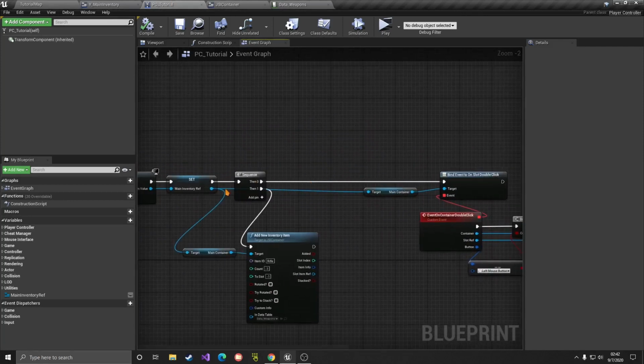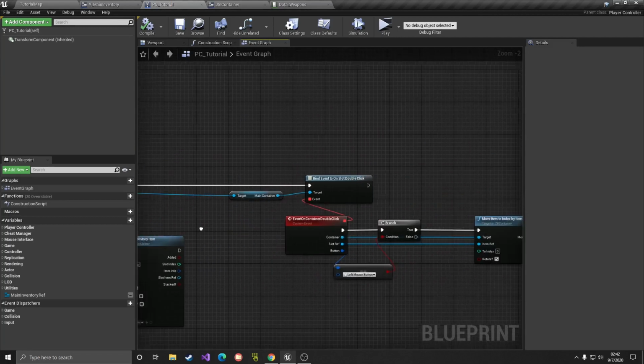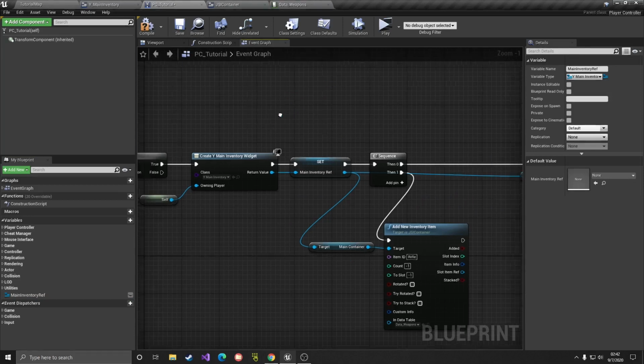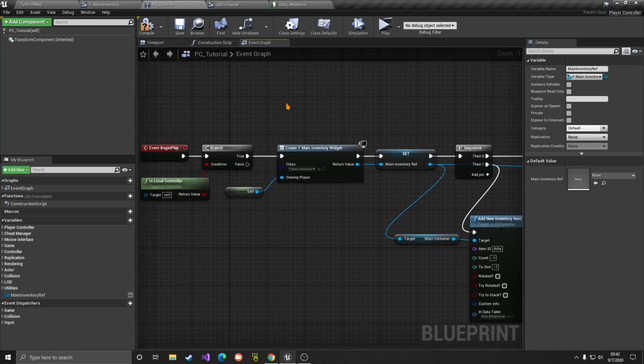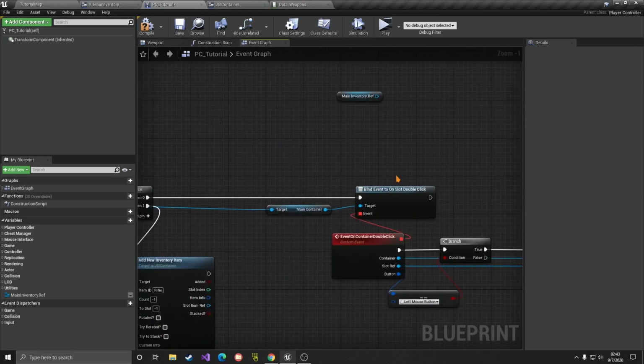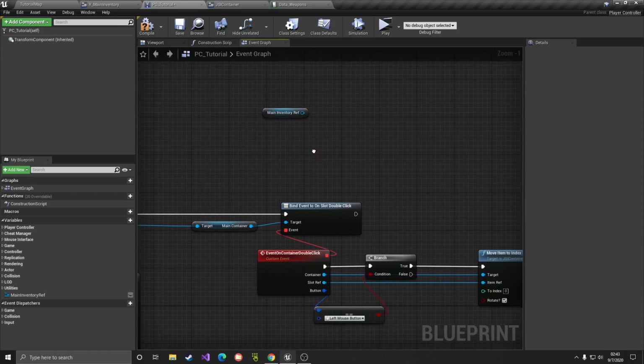So we'll get the reference here. When you want to bind events or listen to them, you generally want to do it once. So in this case, I'm doing it in the Begin Play once. Once you do that, you're set. You can keep listening to the event. And if you decide you don't want to listen to it anymore, you can do